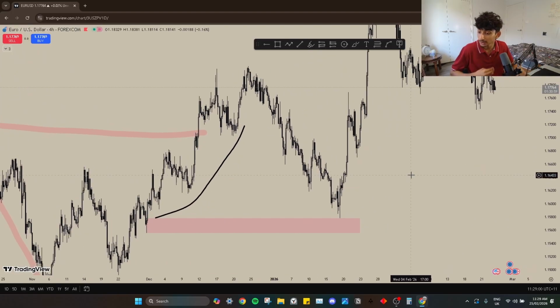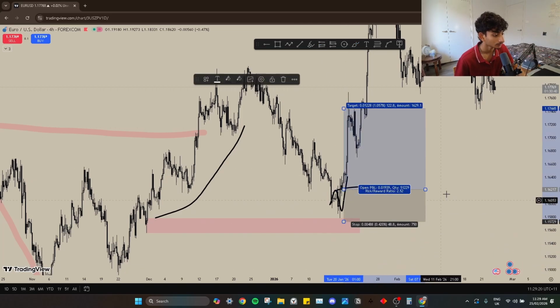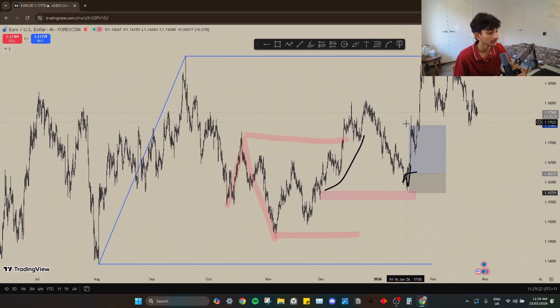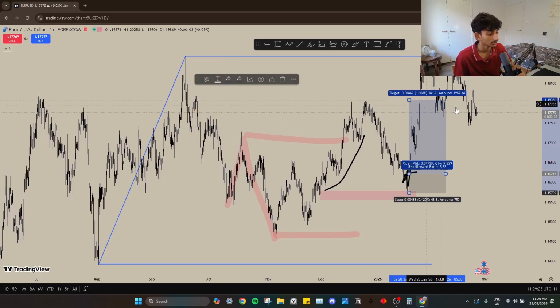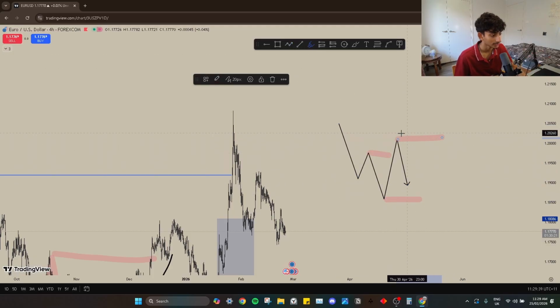Price comes down. Now we can look for changes of characters, because a change of character towards the upside would tell us that price is now continuing in the internal direction, which is an uptrend. So we see this change of character. Boom, boom, boom. Change of character right over here. We can place a trade right here. And if you're a smart trader, you'd target the internal high, because let's say it's a downtrend and we see a breaker structure and a pullback, well, this is still your range, this is your target.